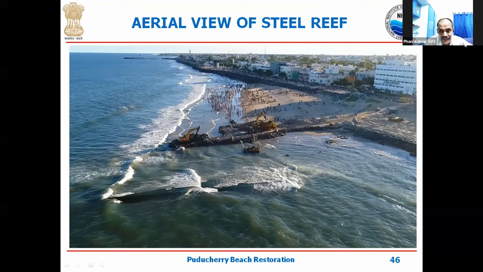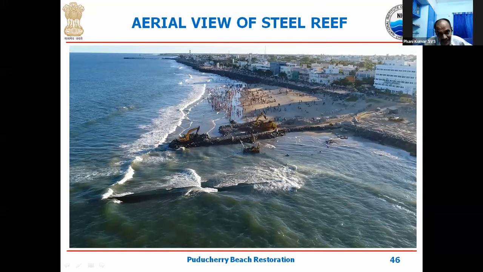The wave patterns that you see right now are because of the groin. But in the final slide you can see the same thing after the groin is removed, with just the steel wedge that is installed. I would like you to see how the waves are breaking here as compared to the initial view, where all the waves are breaking at the bottom of the seawall that was there. This is in effect the net result of the entire project as of now.